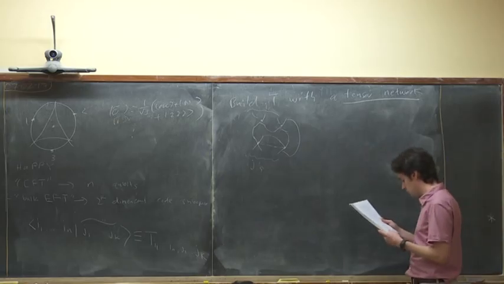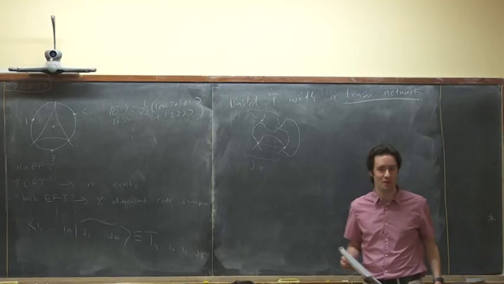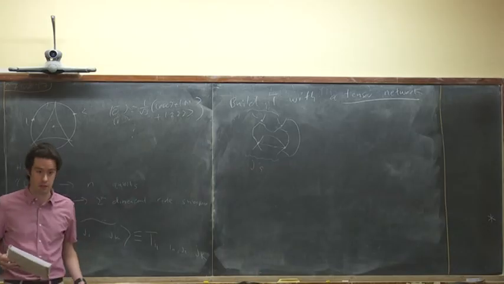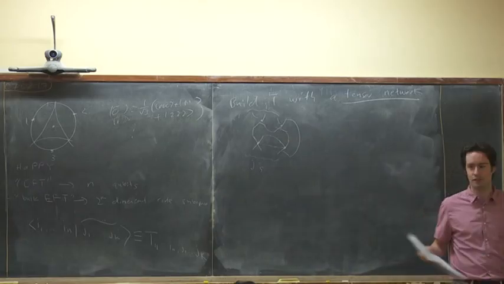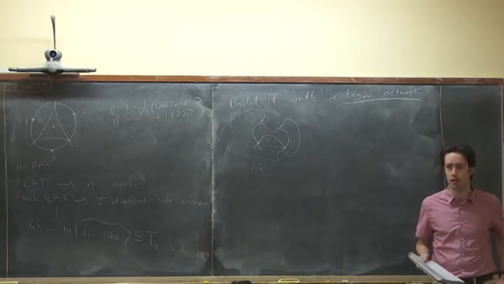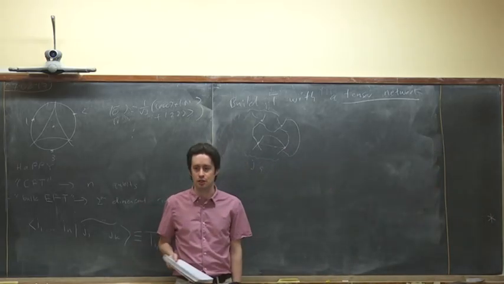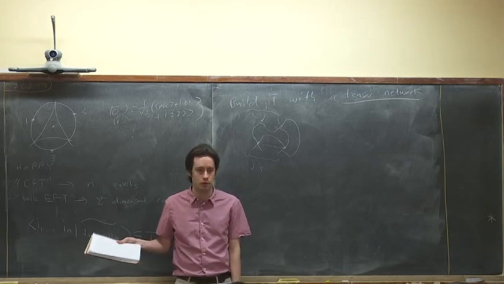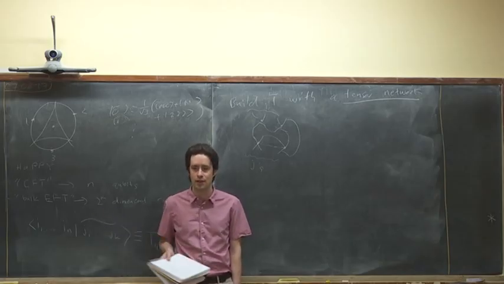So I should maybe comment, there's some ideology that goes with tensor networks, in case you haven't heard it before. The ideology is that when you're studying many body quantum systems, the Hilbert space is gigantic. Say if you have n spins, the Hilbert space is 2 to the n dimensional, and most of the states in the Hilbert space are completely uninteresting usually. They just have nothing to do with physics. For example, if you have a local Hamiltonian for the spin system and you're trying to find the ground state or the low energy excited states,